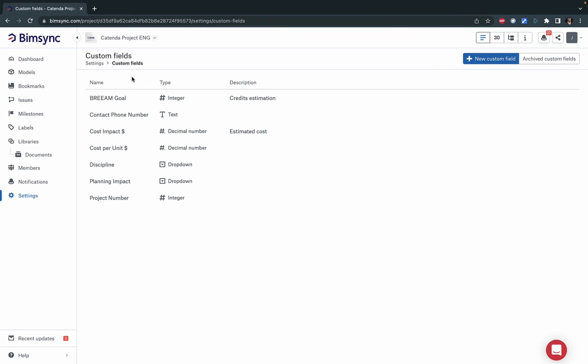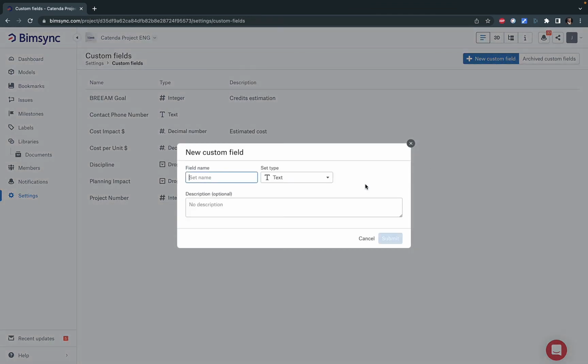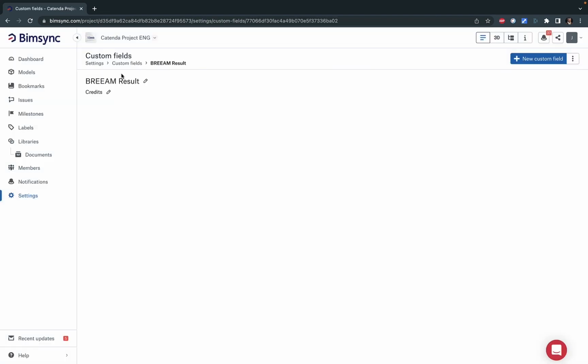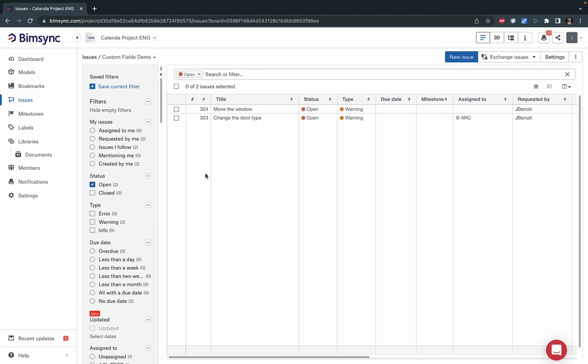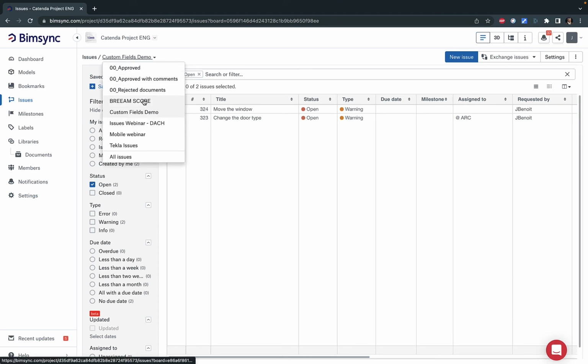I will add another one called BREEAM result. And again, it will also be an integer, and it's also a matter of credits. And that way, I will be able to use an issue board to estimate how we did on the project towards the BREEAM certification. So now let's say, of course, it's a mock-up and it's an example. I'm not a specialist of BREEAM, but it's to give you a context